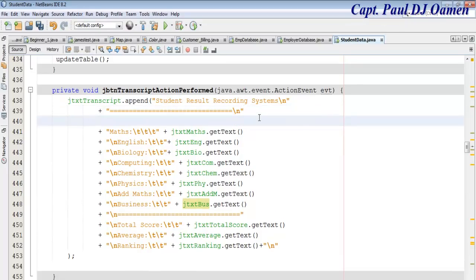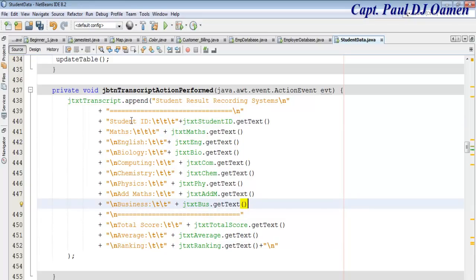Let's say plus, that will be student ID, and okay, let's put a column here. That's my student ID, and let's say plus student ID dot get column. Right, that is the student ID there, so we know